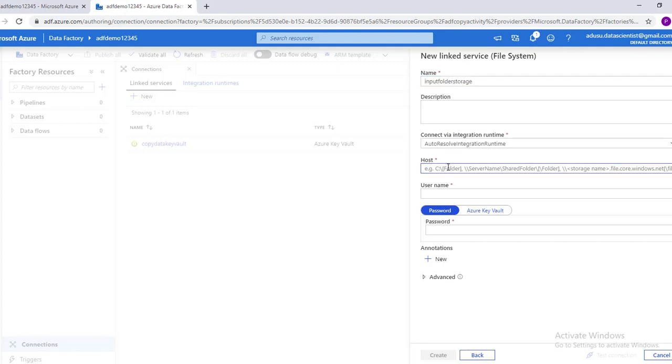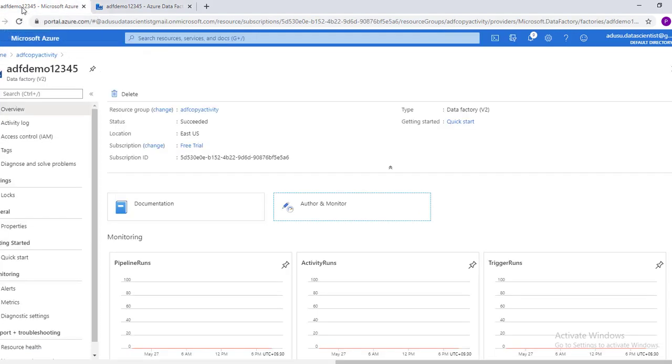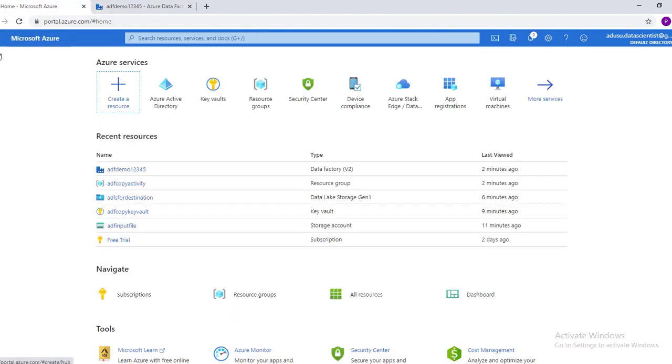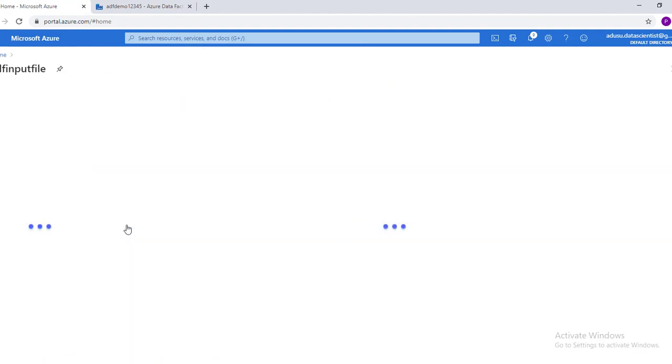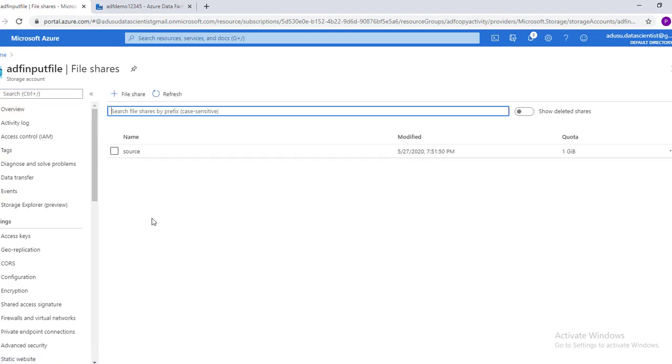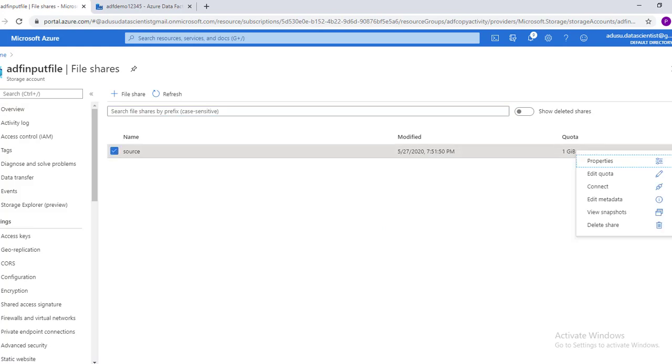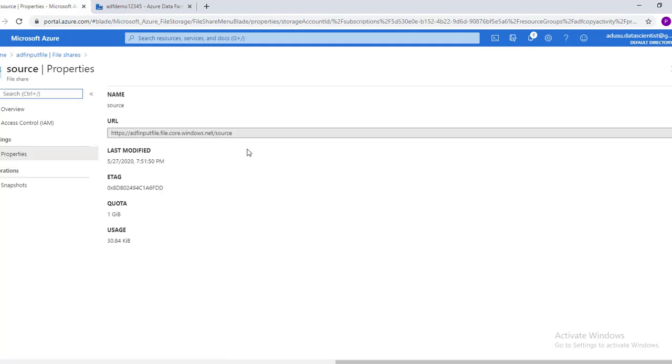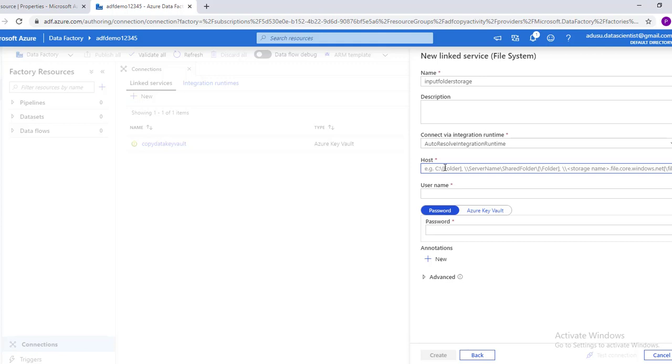Now in the host we will go to the input file, and we need to copy till this path. We need to use this path, so we'll click on properties, click on copy, here paste. So we'll remove this one.